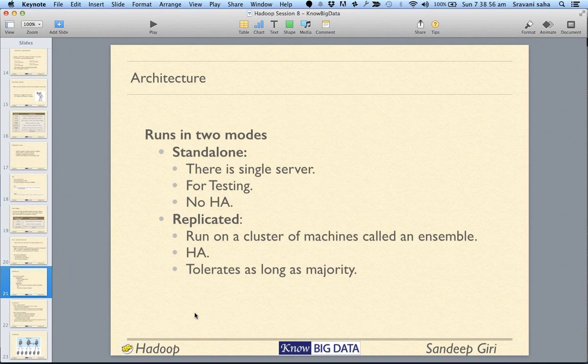The virtual machine that is generally provided for demo purposes has standalone mode. The other mode is called replicated, and replicated runs on a cluster of machines, and we call this cluster of machines an ensemble, and it's highly available. HA means highly available,